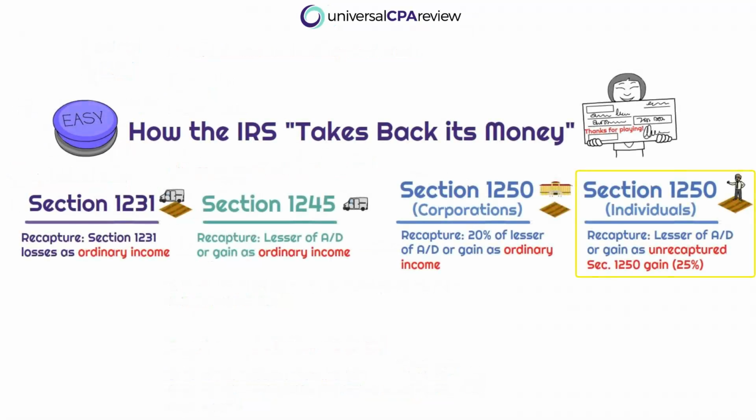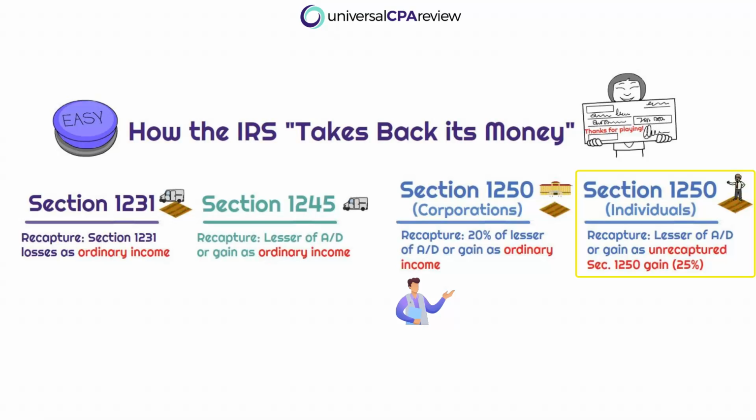And what I want to point out to you is that this is a little bit different from Section 1245 in that we're not going to be taxing this amount at the ordinary rate. This is going to get slapped with a 25% rate at most. And another thing that I want to point out is that this is also a little bit different from Section